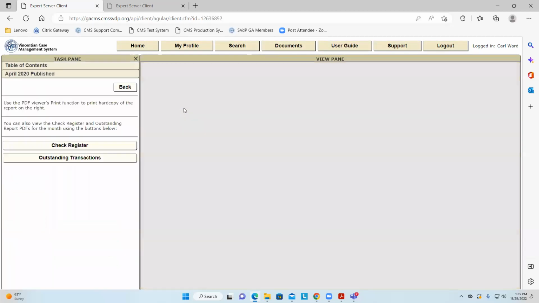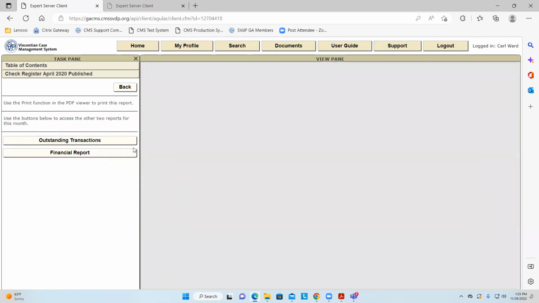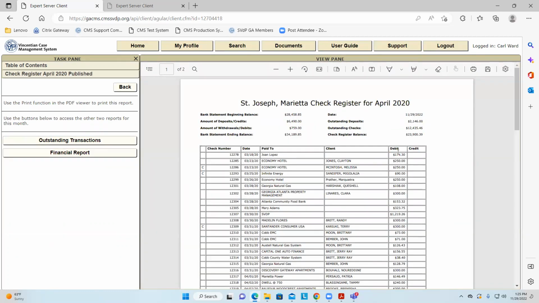So here's April. Here's all your reports. That's your monthly financial report. It's a PDF. You download it, put it into an email and send it. Here's your check register. Once again, download it. And by the way, just look at the check register balance. They should all be the same. It says 23,900 something and 39 cents.